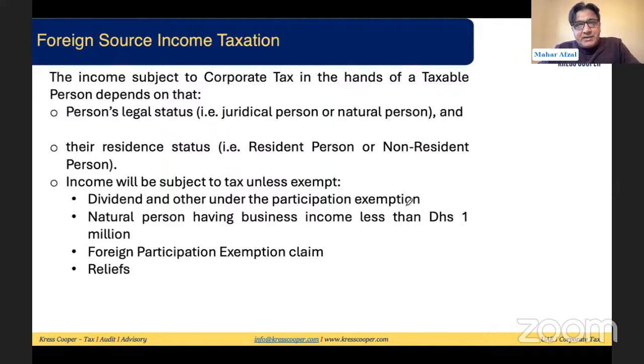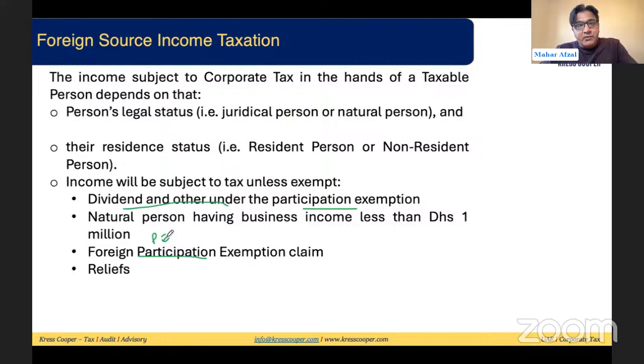So if the income is exempt, there is a possibility that these resident persons, natural persons, juridical resident persons, or a PE of the non-resident person are generating income that is not subject to tax. They might be generating foreign source income that is not subject to tax. It can happen, for example, with dividends and other income under the participation exemption. If a natural person generates business income of less than 1 million, it will not be subject to tax. If the juridical person is claiming the foreign PE exemption,